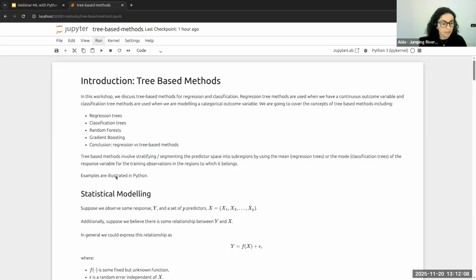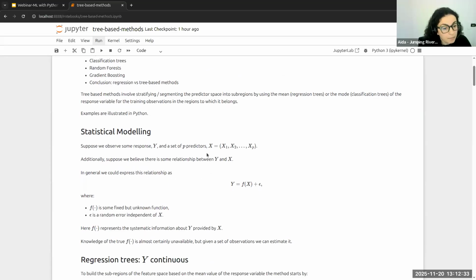So basically, we are going to go into depth with both of these methods, and we are going to see some examples, some illustrations in Python as well. Just to be consistent, I have been using the scikit-learn package throughout these illustrations because I think it's quite a powerful package for performing machine learning in Python.